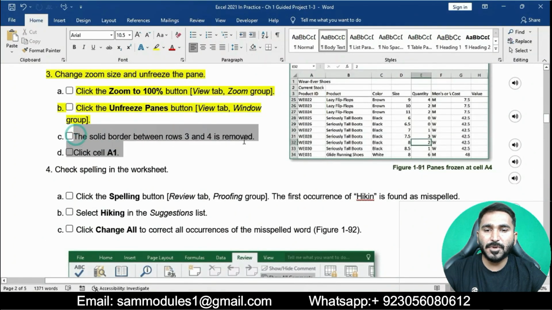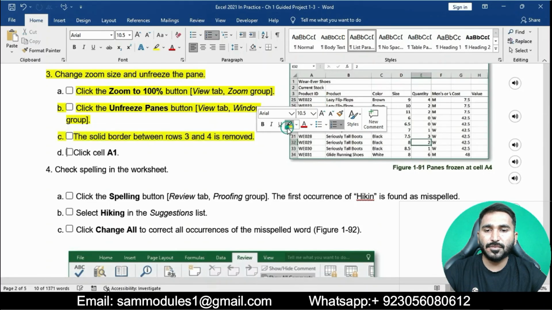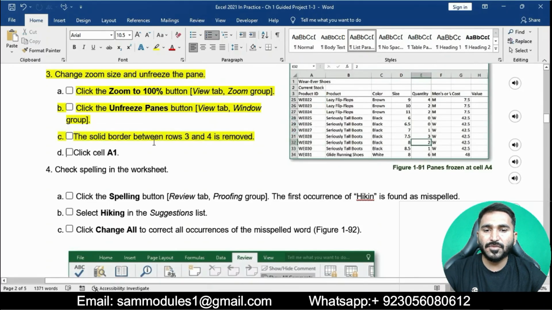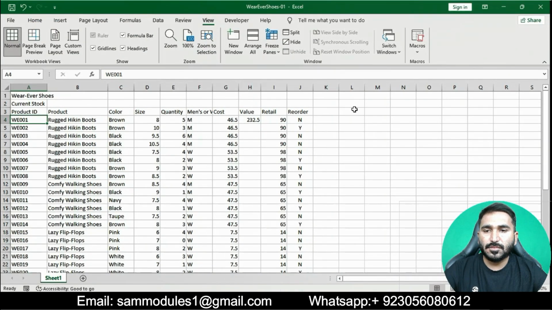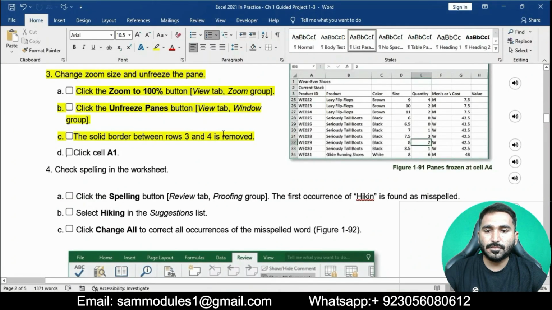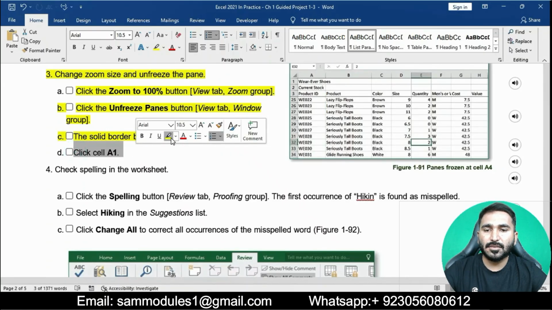The solid border between rows 3 and 4 is removed. Click cell A1.